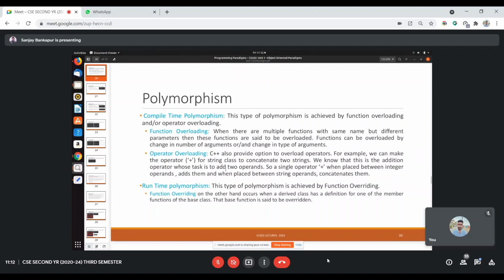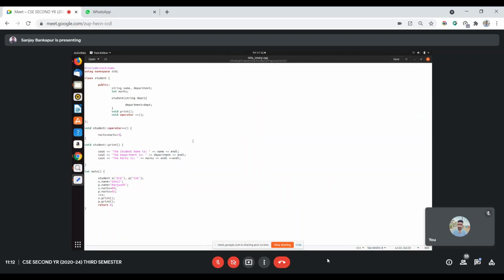It's just an example. In the last class we went through a quick example. Initially, we started with the unary operator plus plus. Just to refresh: a student class having name and department variables and an integer variable called marks. It has a normal constructor with two methods.